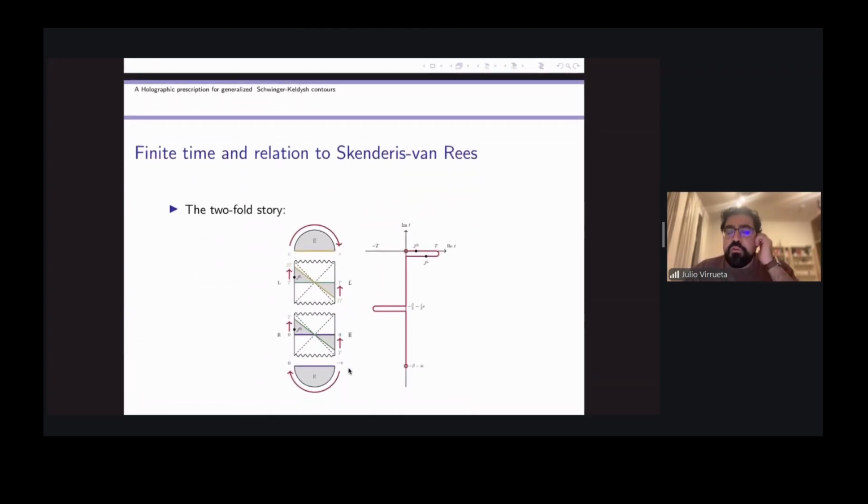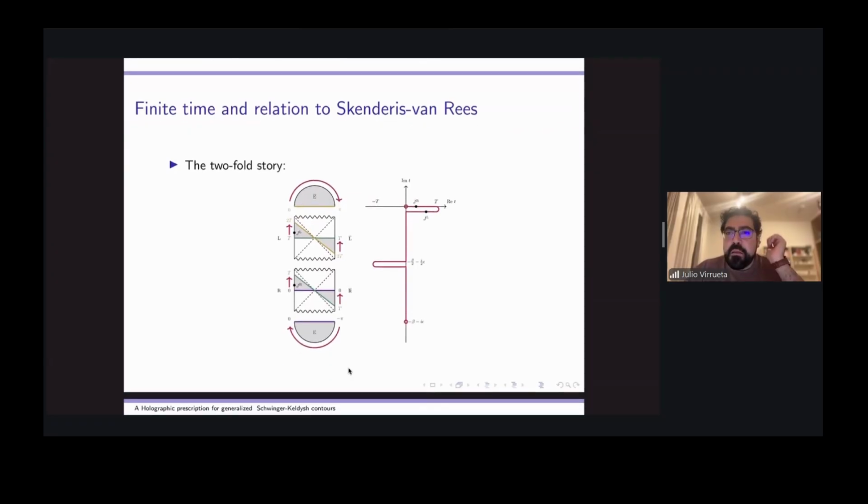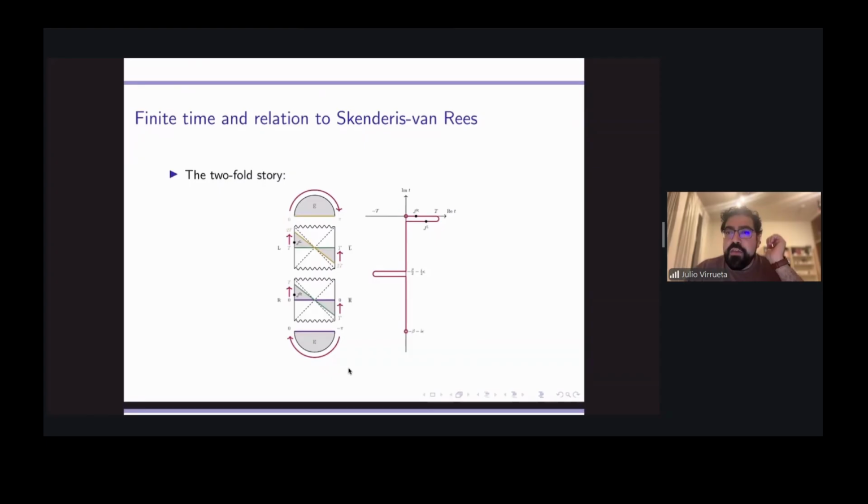So just to conclude, this was a very direct generalization of these gravitational Schwinger-Keldysh contours of Glorioso, Liu, and Crossley. There is another prescription in the literature, which is due to Skenderis and van Rees, in which they consider these